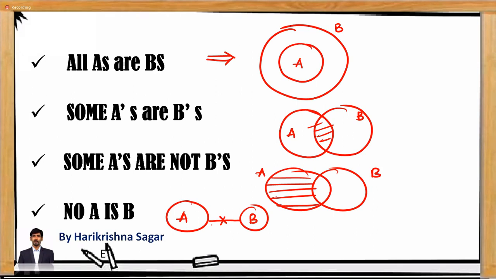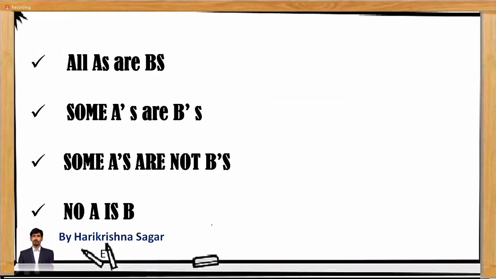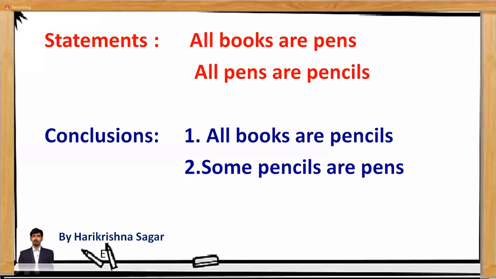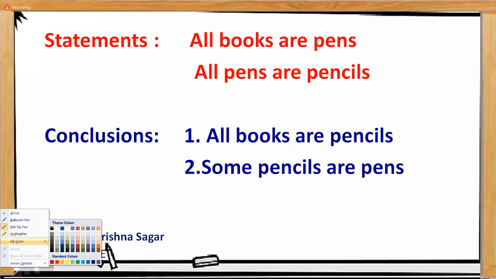Very simple. Syllogisms is a very simple concept. If you can draw the diagram properly, you can tackle the questions very easily. So that is the data which is required. Let's have a glance at the questions which are projected. If you observe the first question which is available.